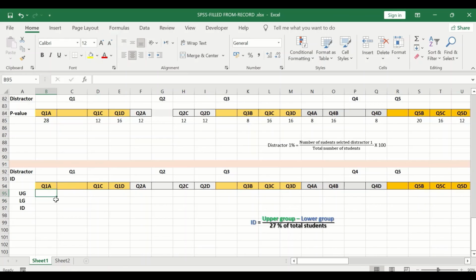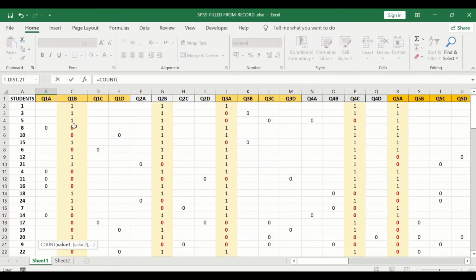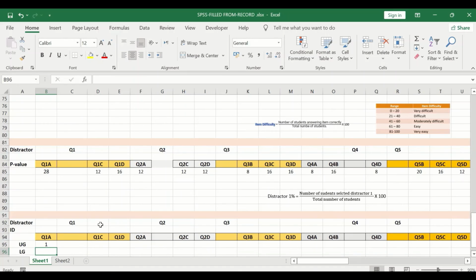insert in this cell, for the first distractor in the first question, the formula to determine the upper group. To determine the upper group, insert the equal sign and then type count. Click on count and then select, since these scores are in descending order from high to low, the first 7 scores for the first distractor. Close the bracket, hit the enter key, and a value is generated for the first distractor upper group. To autofill and auto-calculate the value for the upper group for the rest of the distractors for each individual